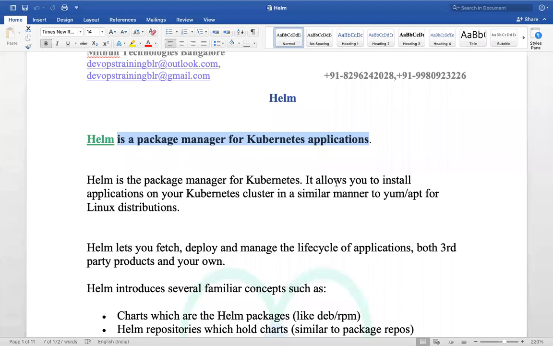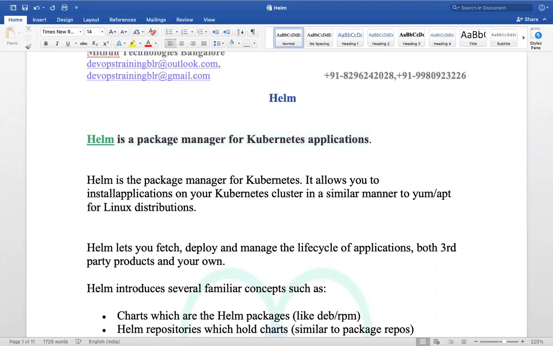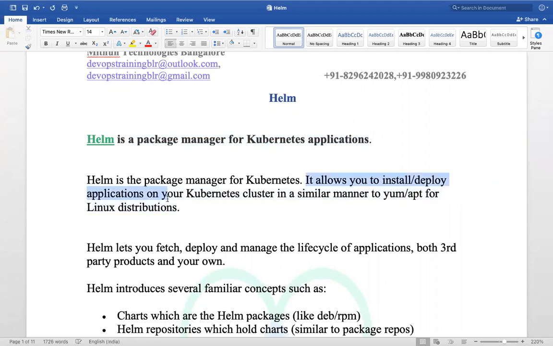It allows you to install applications on a Kubernetes cluster. Basically, install is nothing but deploy. Helm allows us to deploy our applications in a Kubernetes cluster.